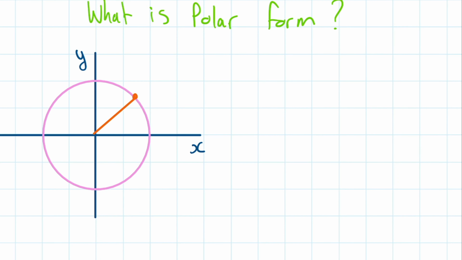So here I have a Cartesian plane, I have a nice x and y axis, and I have this little pink circle here. Normally if this is the unit circle, I say, well, it's a unit circle, therefore it has a radius of 1. That's the premise behind the unit circle. It's got a 1 unit radius. However, instead of looking at this with a radius of 1, we're going to look at it with a radius of r. So instead of being strictly a unit circle, this is just any circle centered around the origin,